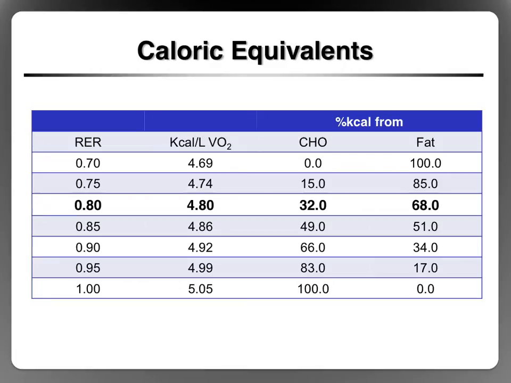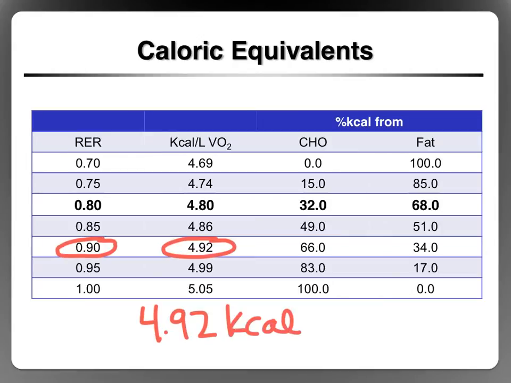Right? So we determine that the RER is 0.9, therefore the caloric equivalent is 4.92. Okay, what this means is this individual is burning 4.92 calories for every liter of oxygen they consume. Okay. Now that you have the caloric equivalent, you can do the last step, which is to actually calculate